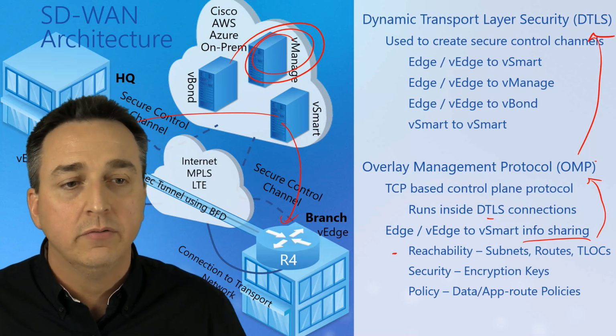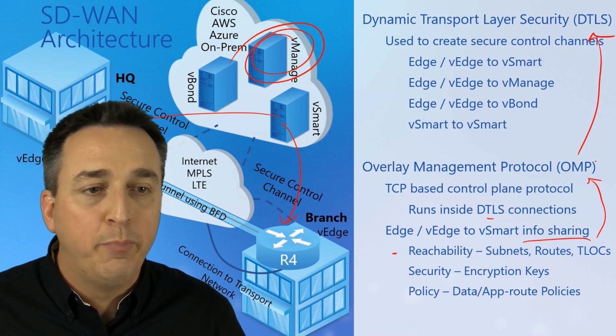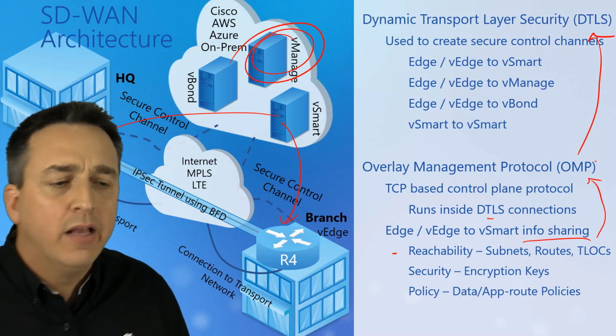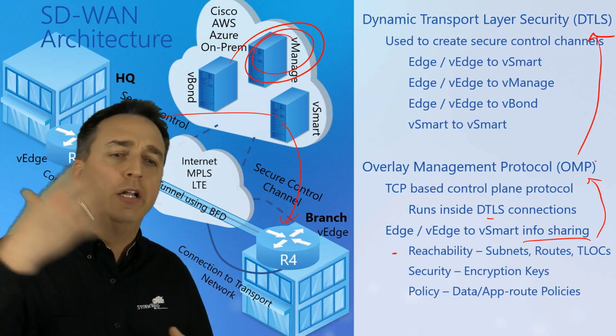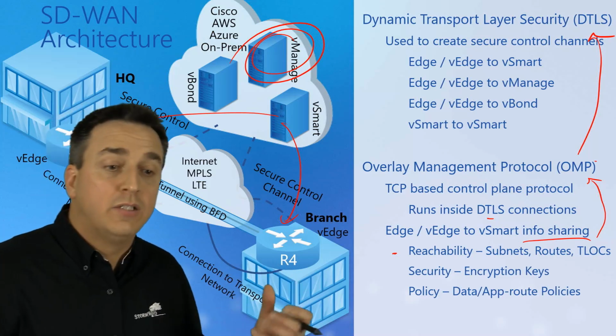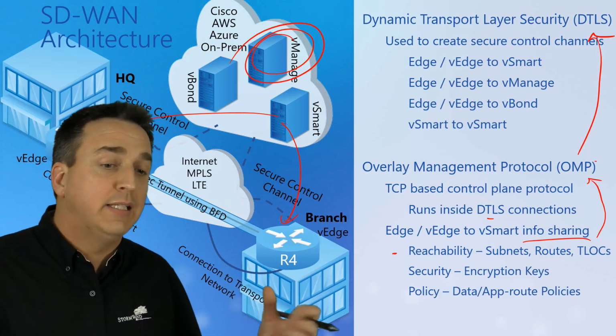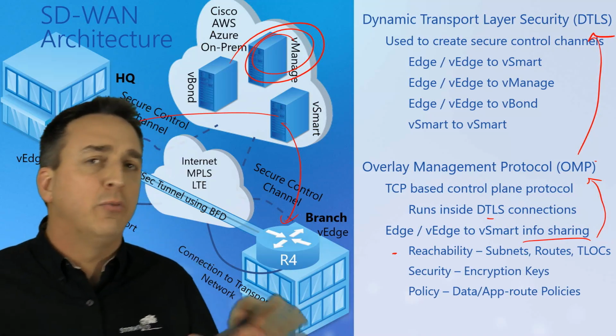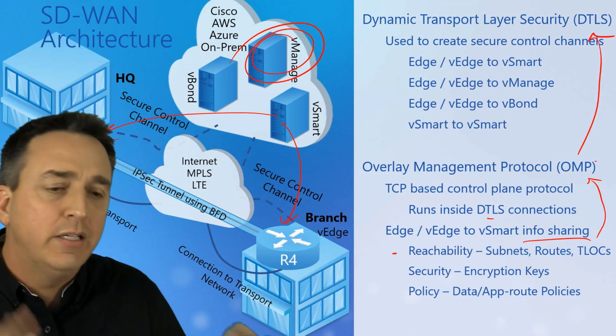Policy information. Data policies, app route policies, right? Policies saying if traffic is here, wanting to go there, it's allowed. But if it's this going to there, it's not allowed. What if you're using this app? Then you can't. But if you're using this app, you can. So we can get very granular with these policies, which is another added bonus.